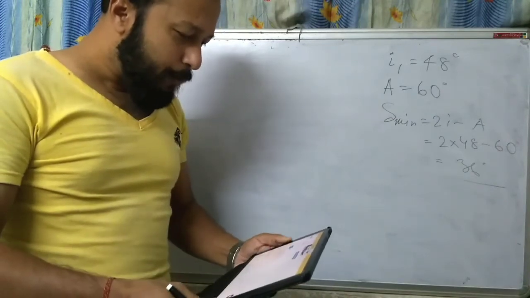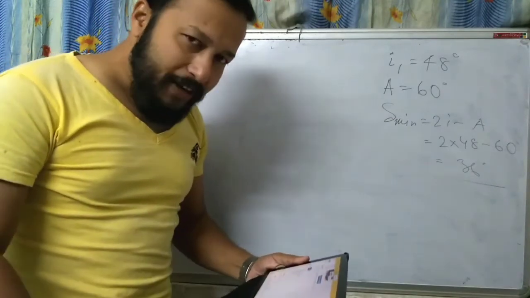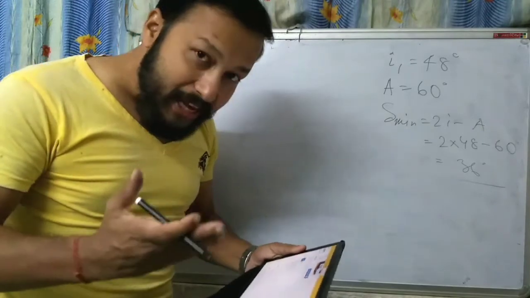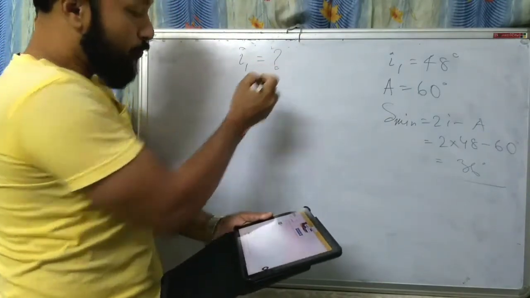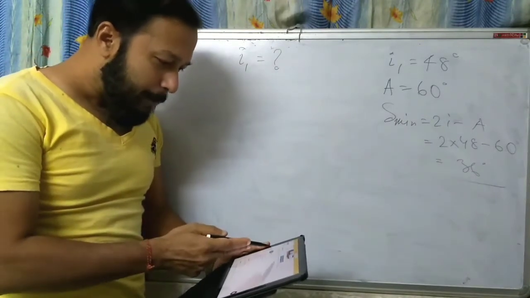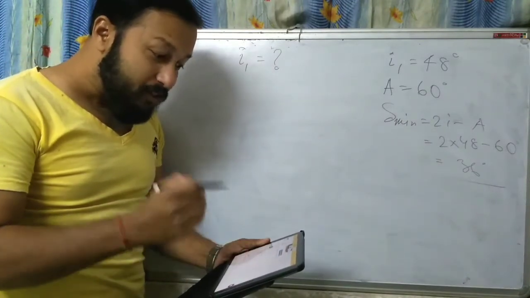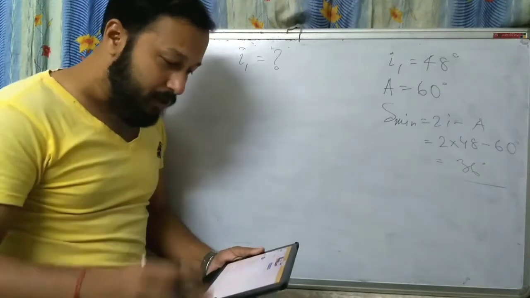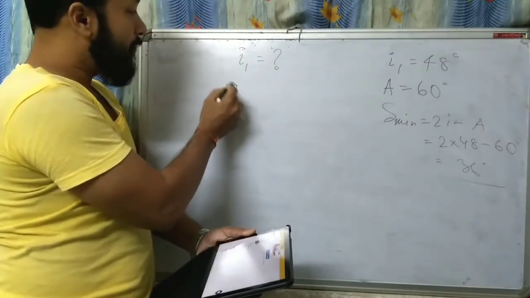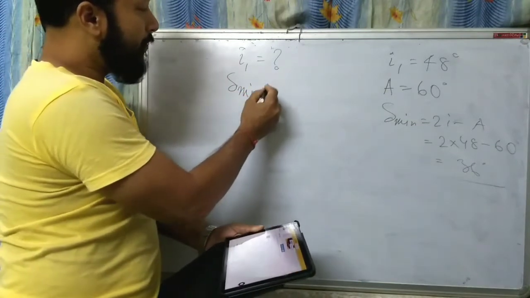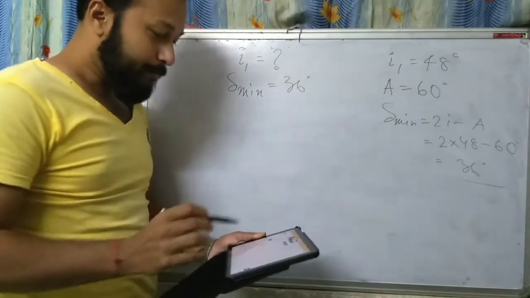What should be the angle of incidence? Here you have to find the angle of incidence, I1, of a ray of light which suffers minimum deviation. Again minimum deviation. Here the minimum deviation is given, 36 degree,